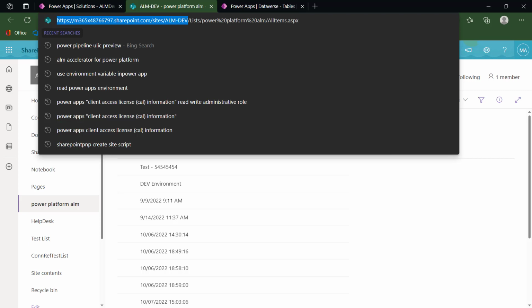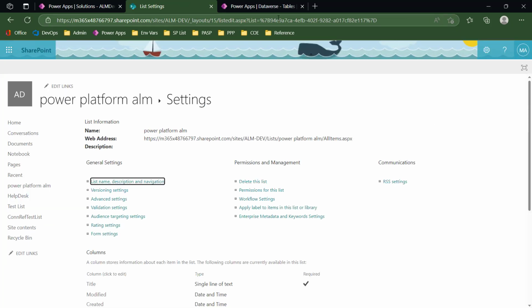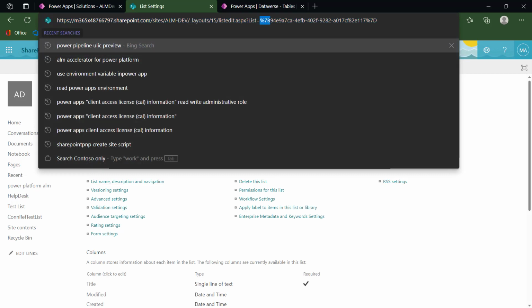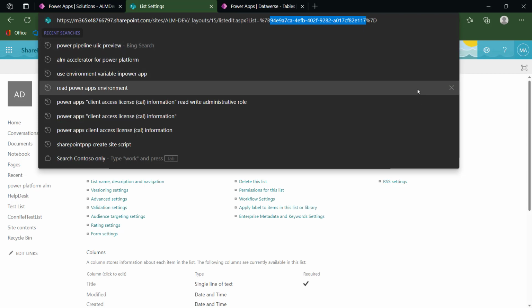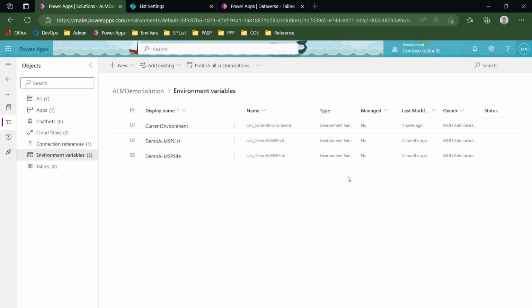How did I get the GUID for this SharePoint list? It's pretty easy. You can come up here and go to list settings, and as soon as you go to list settings, after the %7b, that's where you go to, all the way to %7d. The %7b and %7d are just escape characters in their URL encoding. It evaluates to a squiggle if you would decode it. So that's that value right there, that 94